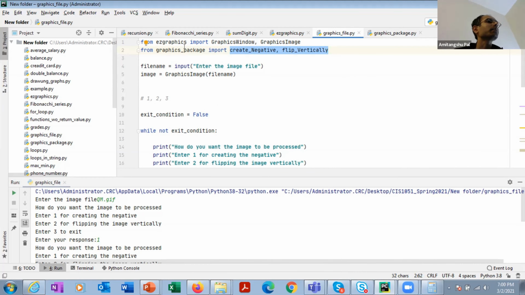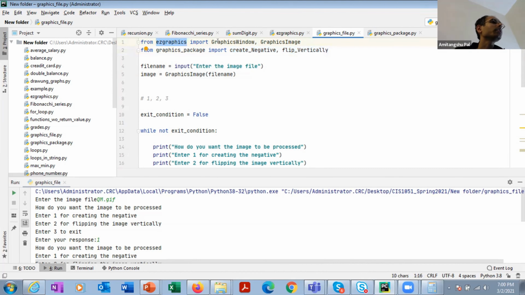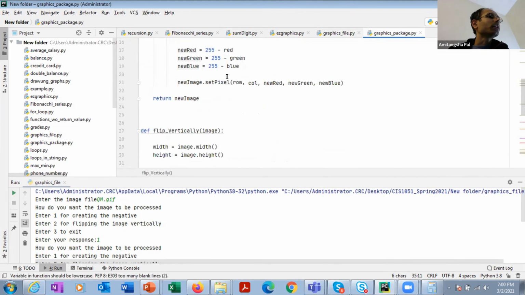Exactly the same as Easy Graphics. Easy Graphics is also developed by some developer. They have uploaded it on their web page as a package, and then we are downloading it and using it. Clear? So in future as a developer, you can also develop your own package that others can use. That's a very important thing that you have learned.